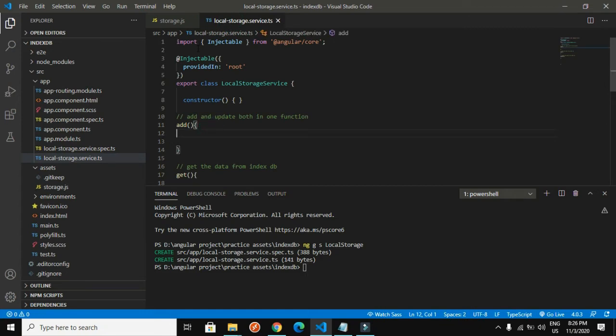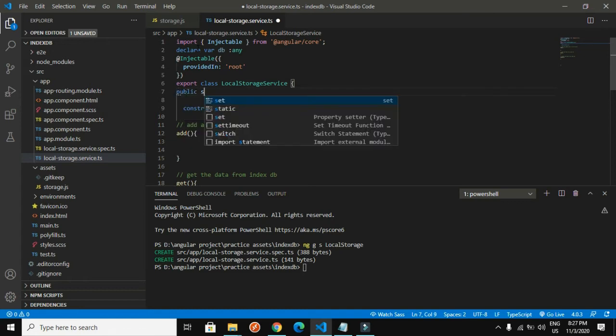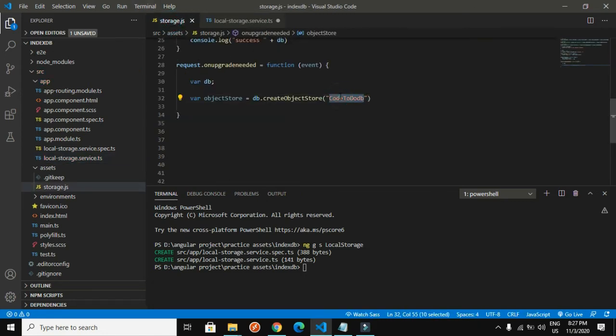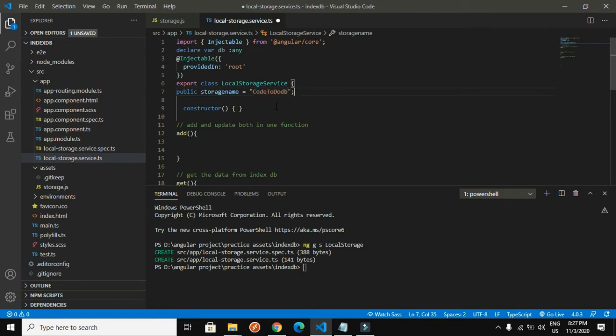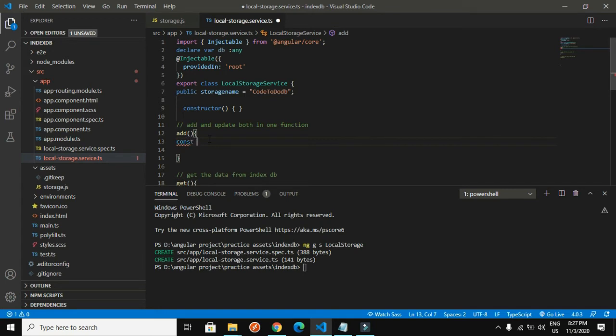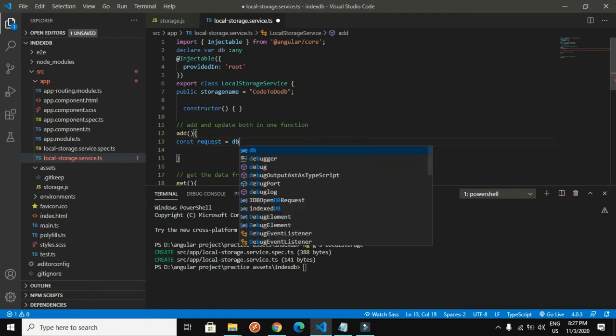अभी हम डिक्लेयर करेंगे इसको as a variable db: any. ये हमें storage.js फाइल्स के जो भी डेटा है वो यहाँ पे डिफाइन करेगा वो। सो हम ग्लोबली इसको डिफाइन करेंगे public storageName, जो हमारा create object store में है। We have to pass the same name so that it does not crash the indexdb. So const request equals to db dot section